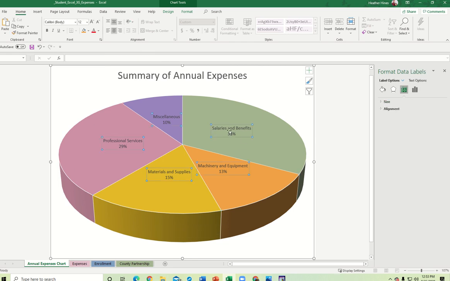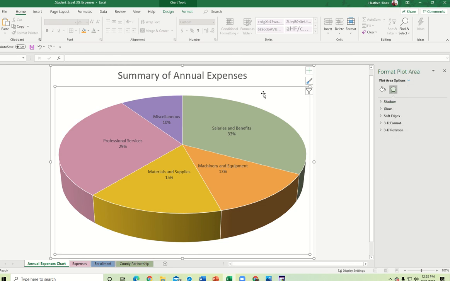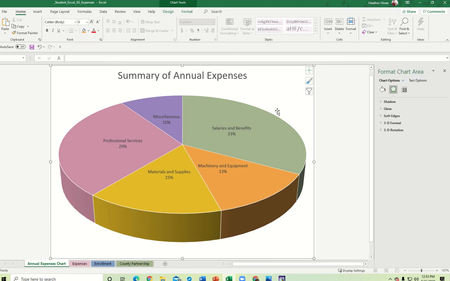I could format my data labels. I could format my chart title or my plot area. So notice how this has been changing. So make sure it says data series. How can I change it? I can either click around until I see data series, which is here, or I can use this pull down and click on series, okay? So now I'm in format data series,